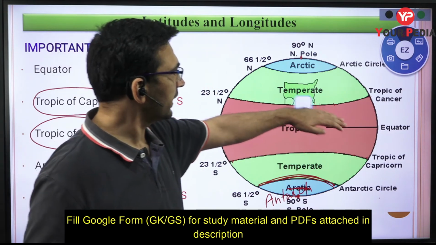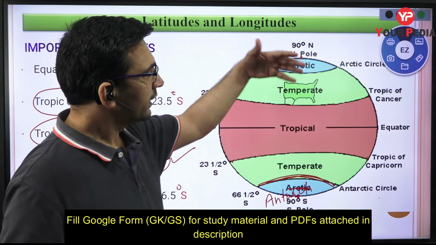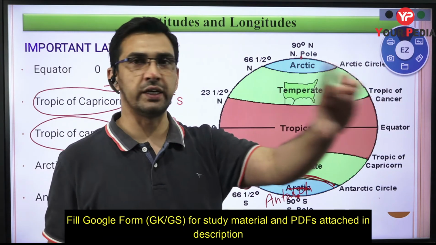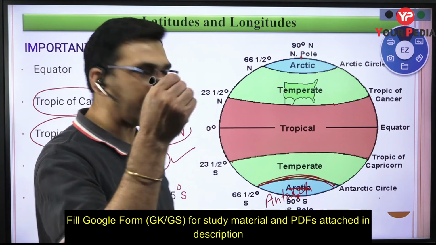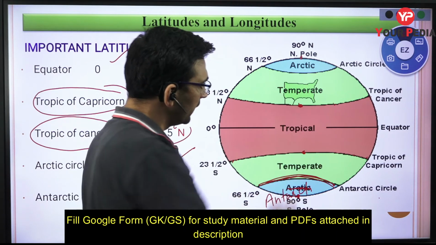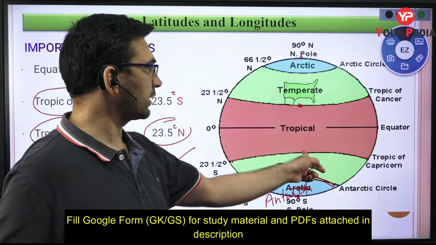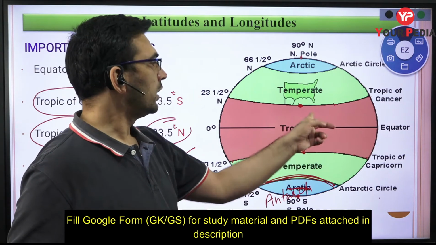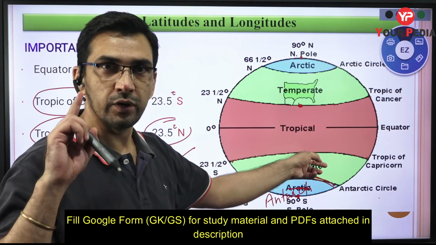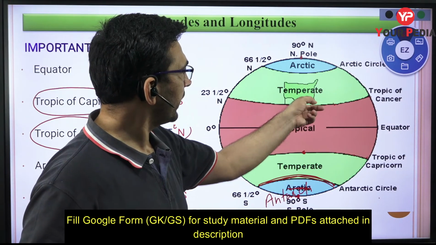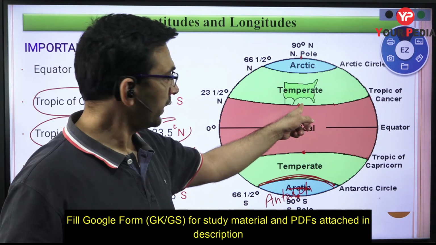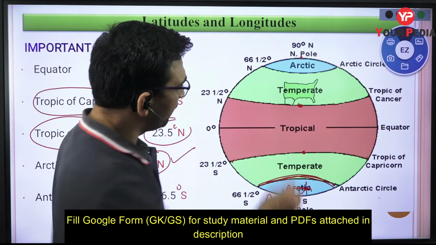The reason, we will discuss later when we talk about the equinoxes also. The sun does not shift, but because of the revolution of the earth around the sun, the overhead position of the sun basically remains within this zone. At the most, the sun can be overhead at this particular position, that is the Tropic of Cancer, or the Tropic of Capricorn, at any particular time during the year, and also it can be overhead at the Tropic of Cancer during another time during that particular year, right? But that overhead position can remain within this, right?